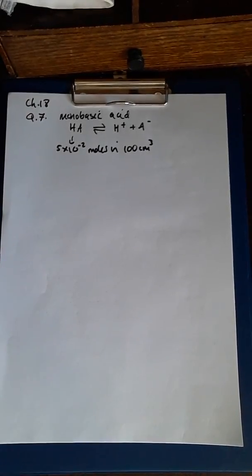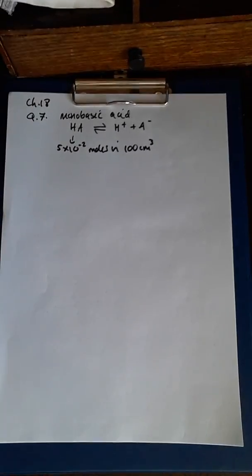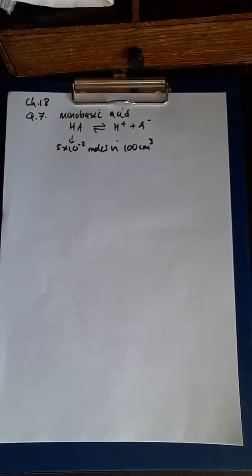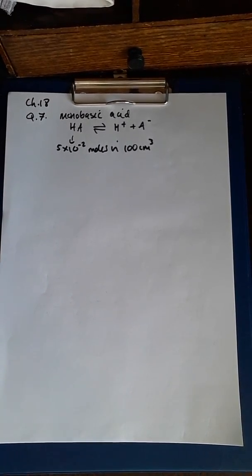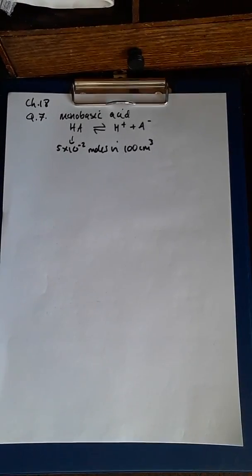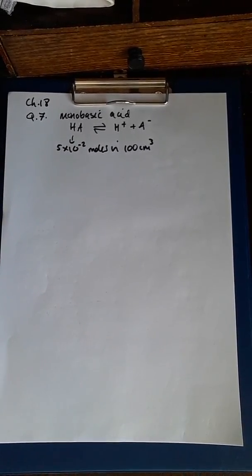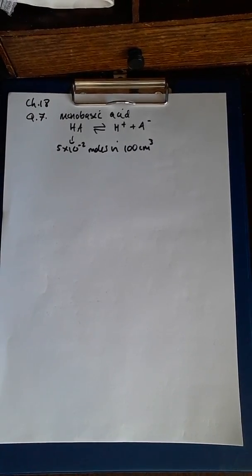So what I'm going to do now is the corresponding weak acid, weak base calculations. Again, at the end of chapter 18, I've just picked a few relevant ones out. I've got the new edition textbook, but I'm just finding the appropriate question. Hopefully it's the same number. This is question 7. It says the dissociation constant of a monobasic